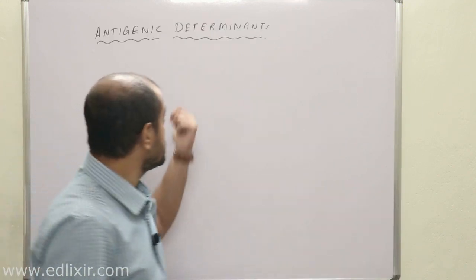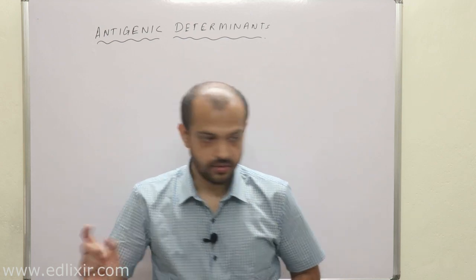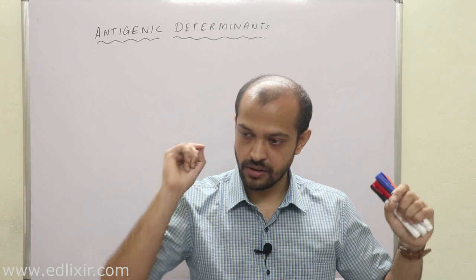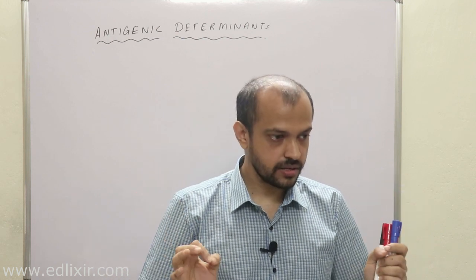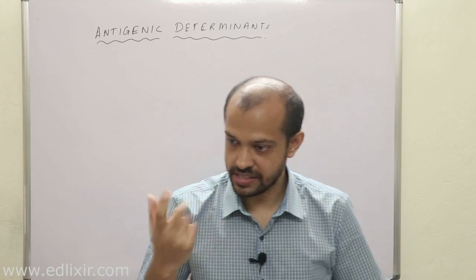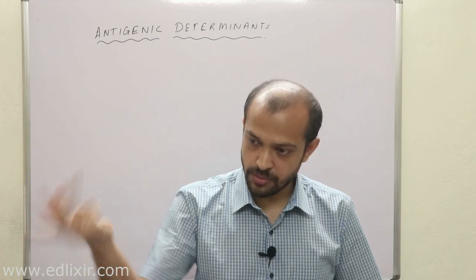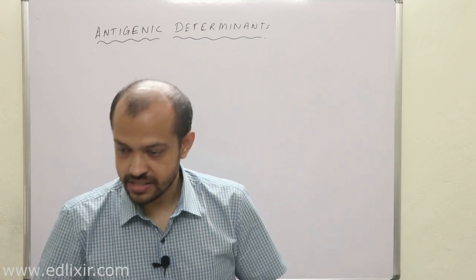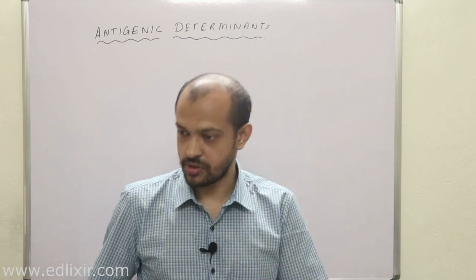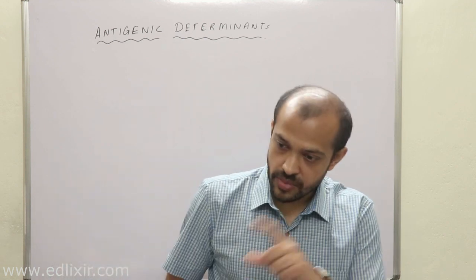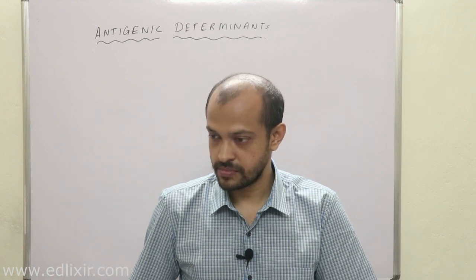Now what do you mean by this particular statement, antigenic determinants? Now listen. Suppose you have a protein or carbohydrate or lipid, and suppose that particular protein, carbohydrate or lipid is an antigen. Now that means antibody will bind, right? Now listen with all your attention. There is a chance that if you denature this antigen, then it may or may not bind to the particular antibody. Clear?